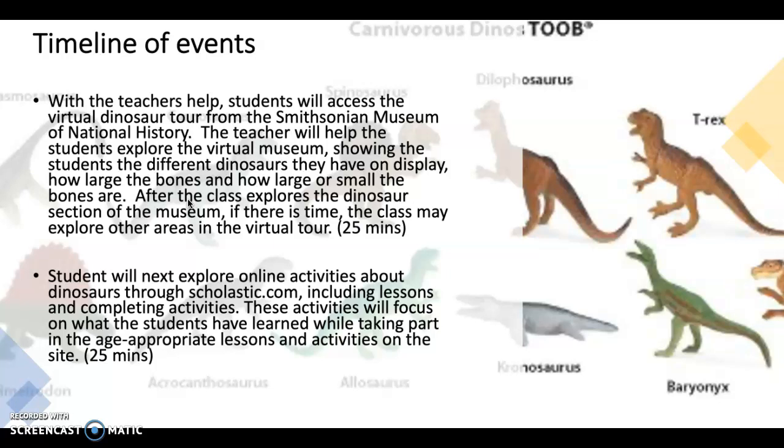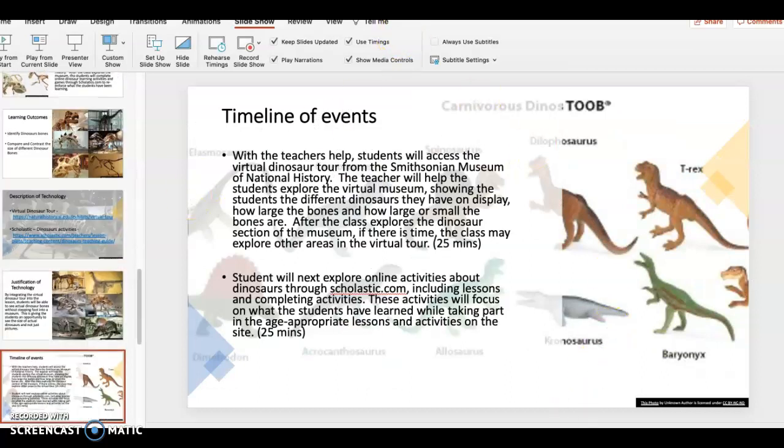For the timeline of events, the teacher would plan to spend about 25-30 minutes helping the students go through the virtual tour from the Smithsonian Museum of Natural History. The teacher will help the students explore the museum, and show the students the different dinosaurs that they have on display and the large or small bones of each of them. The virtual tour looks like this,